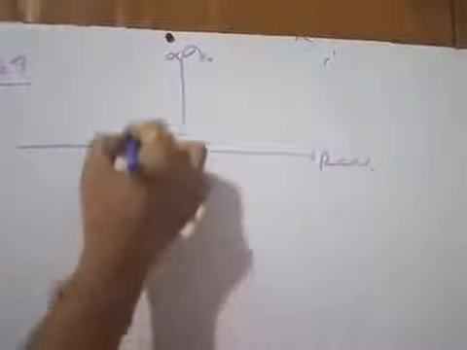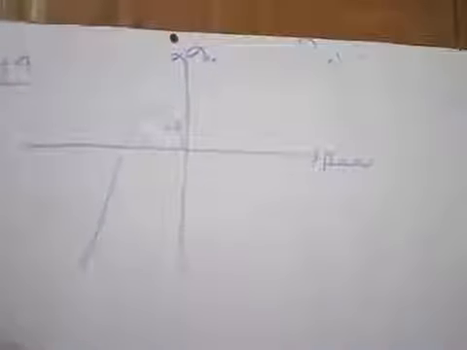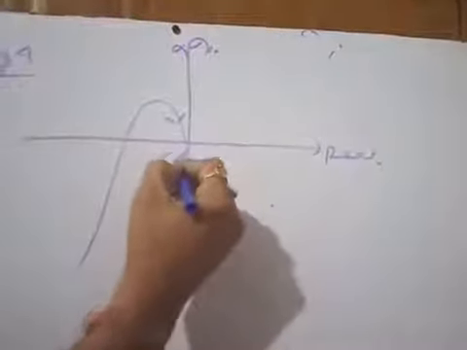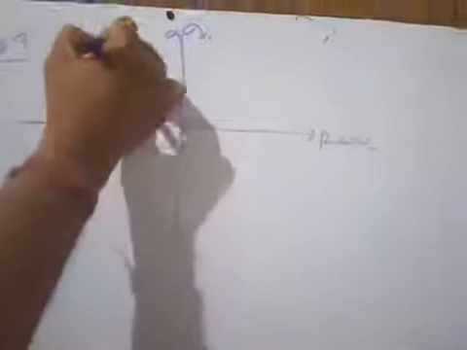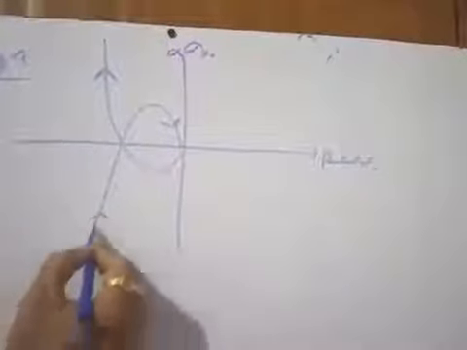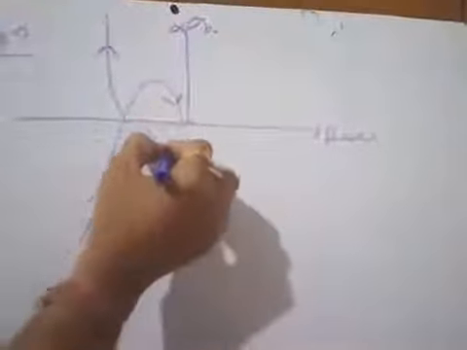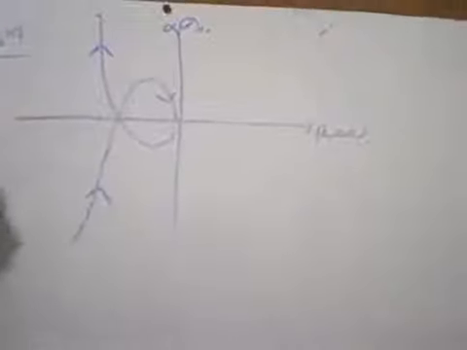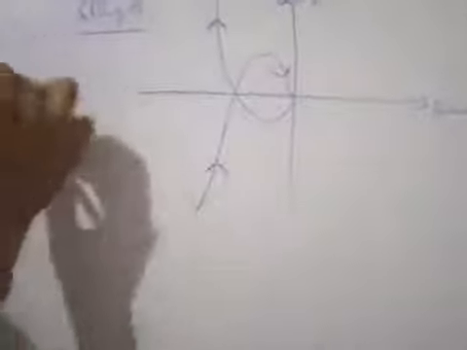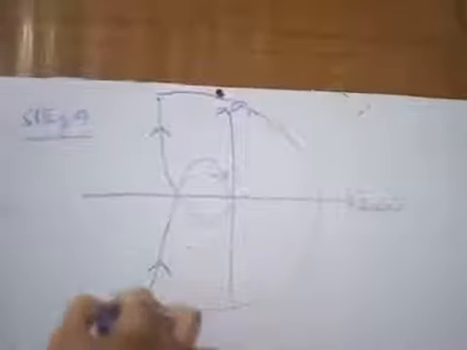Now step 4. So what is step 4? Step 4 is to draw the polar plot again. That means this is your real part, this is the imaginary part, and we know this is your polar plot. Now you have to take the mirror image of it with respect to the real axis, right? So this is your starting point, moving in this direction. From this direction you go there, and as you know, for the small semicircular path, you just add this path, so you get the contour like this.